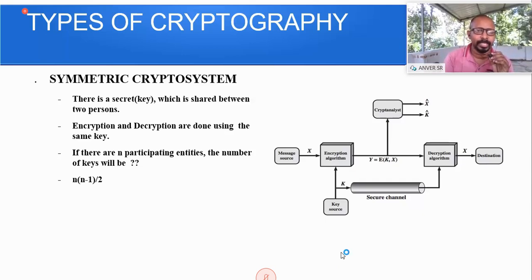And this symmetric crypto system is based on substitution and permutation of symbols. So here, see this figure. Here the message source, that is X, is the plain text, and this encryption algorithm converts X to Y, and Y is the